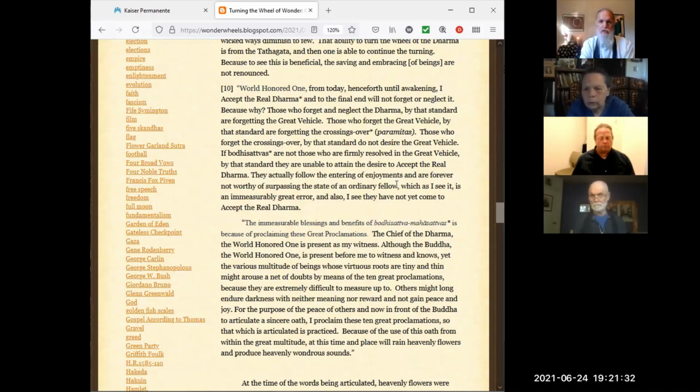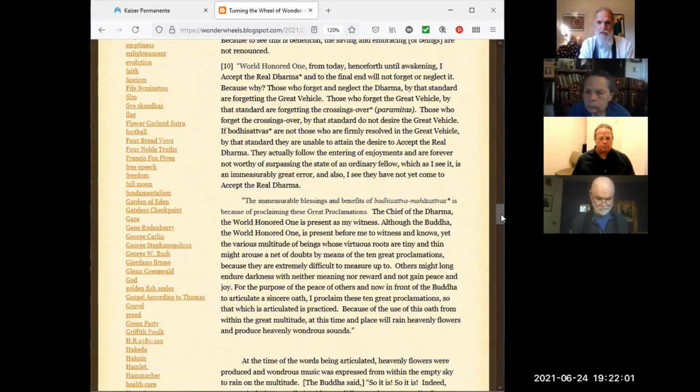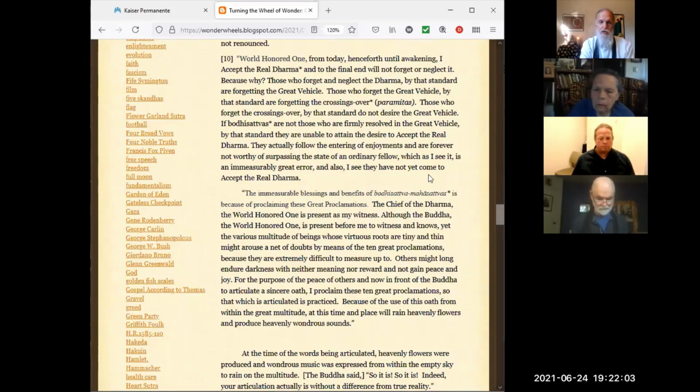consonant. The commonality of the two is, in fact, crossing over. Surpassing the state of the ordinary fellow is seeing that the ordinary fellow is Buddha by nature. It's not like getting rid of the ordinary fellow. But it all comes down to they've not yet come to accept the real Dharma. So her 10th one is